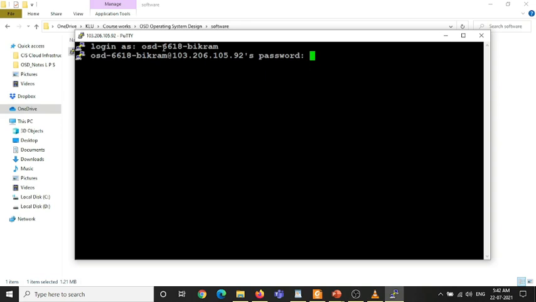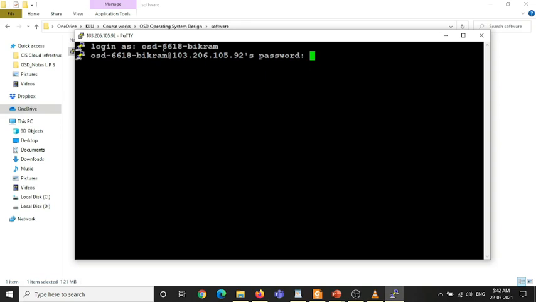Remember one thing, that you can't see the password over here, because in this Linux environment, however many alphanumeric characters you enter, they will not be visible. So you need to imagine that. I am entering the password here. After entering the password, you need to hit enter.